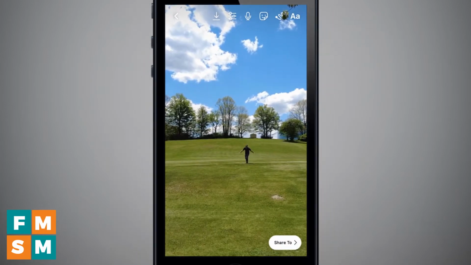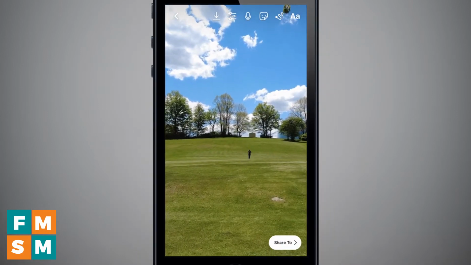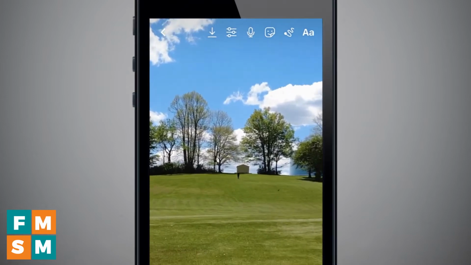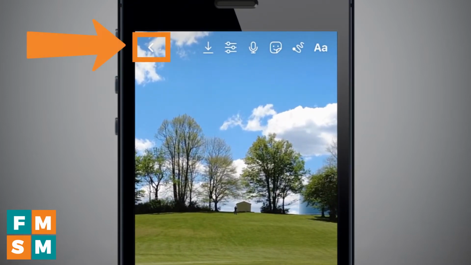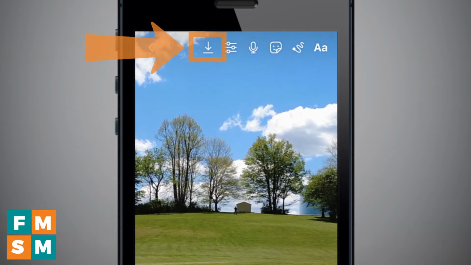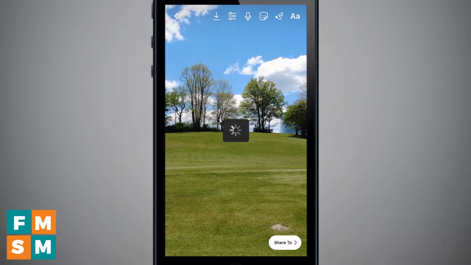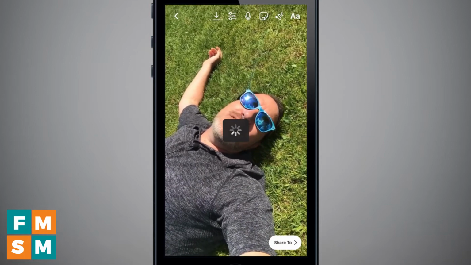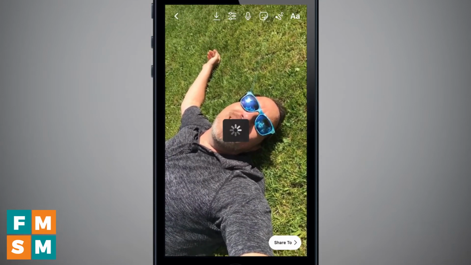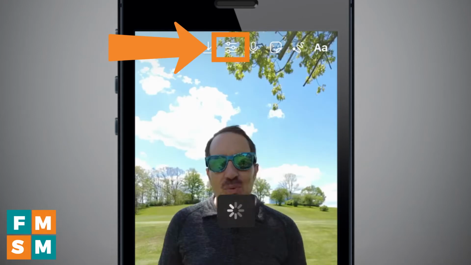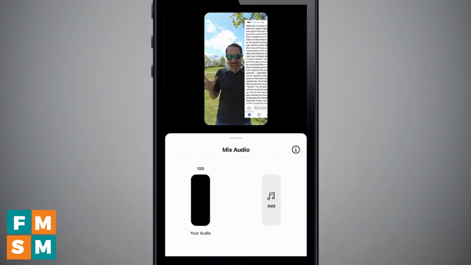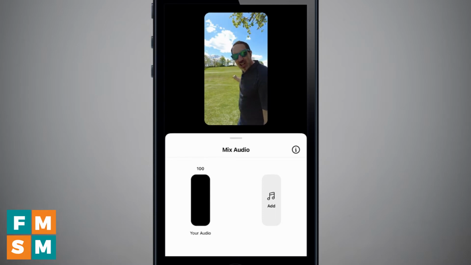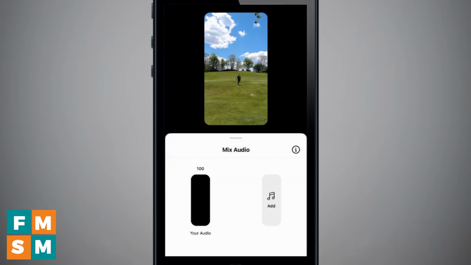Now I'm going to show you the things you can add to an Instagram reel after it's gone up. So first, in the upper left corner, that back arrow is just there if you wanted to go back and change anything. The next one is a download arrow. You can tap that and it will save a copy of your reel to your camera roll. Next up is your audio mixer. So I can tap on that, and I didn't add any music to it, but if I did, I can go in here, choose a song,